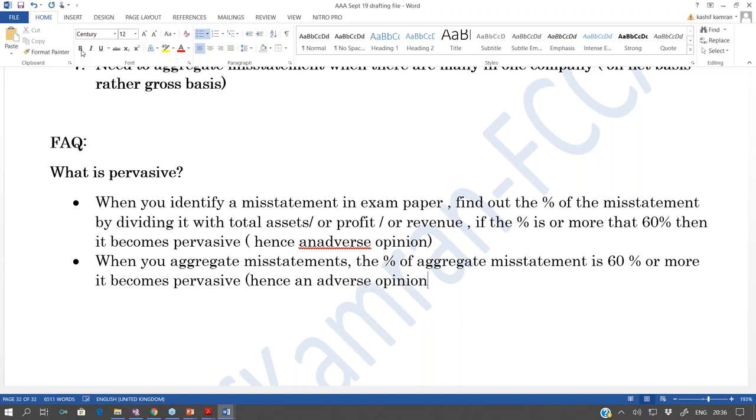So can a misstatement be individually pervasive? Yes. Can misstatements be pervasive on an aggregate basis? Yes. For example,